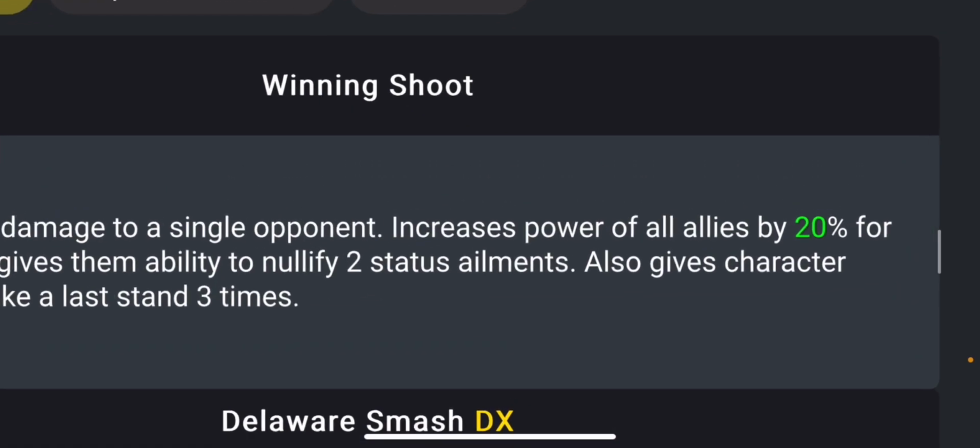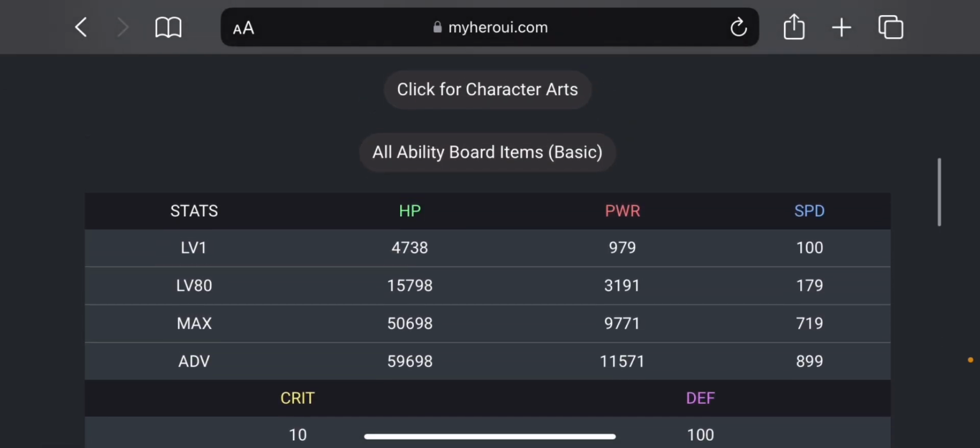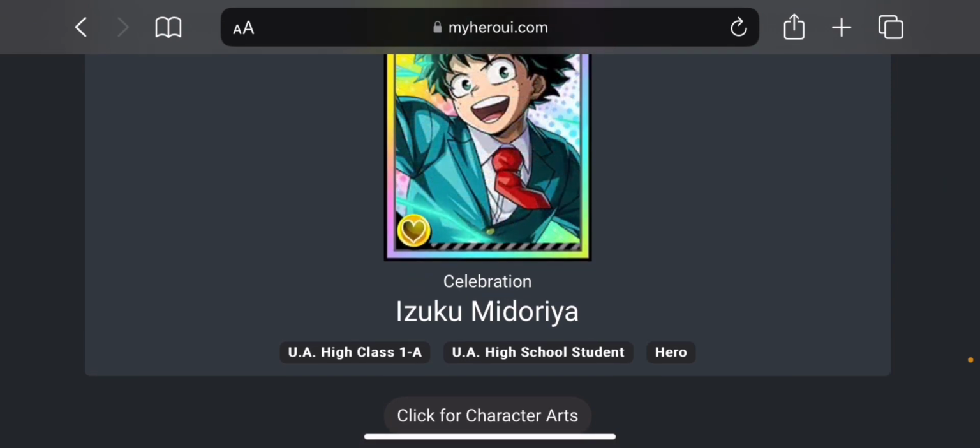No, because he also increases power right here by 20%. So yeah, you're getting a lot of buffs just for having this Midoriya on this team. I think this Midoriya is highly, highly valuable, regardless of this Climax battle or not. But it just sucks, I didn't get to pull him because I never get to pull the anniversary